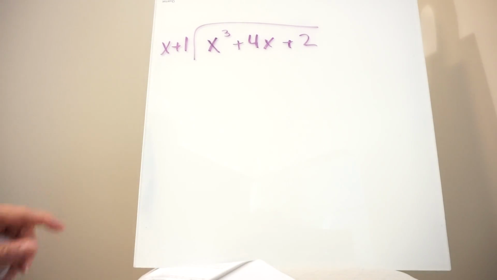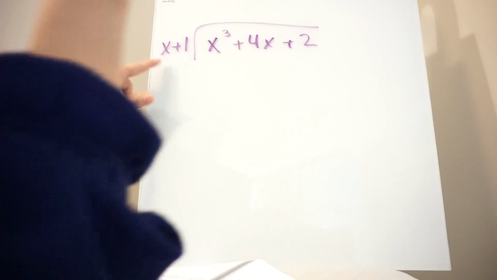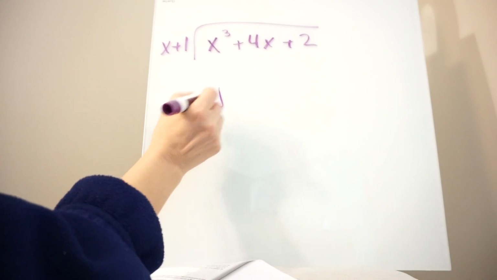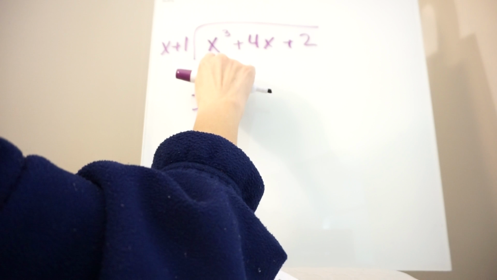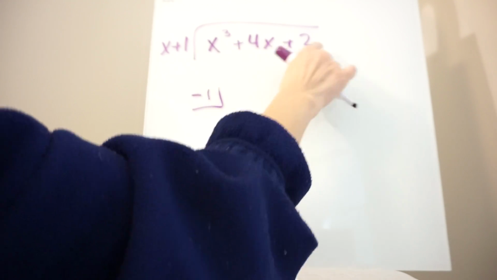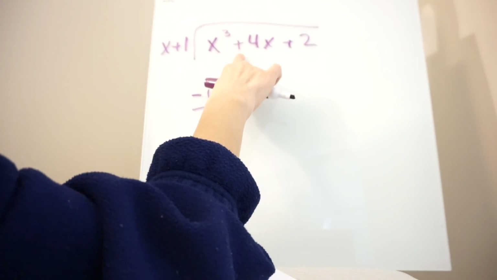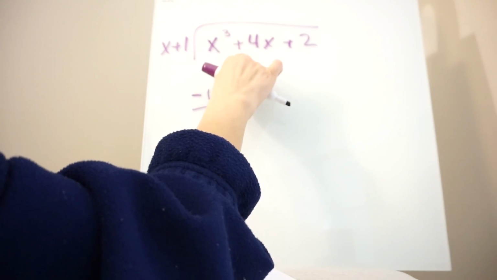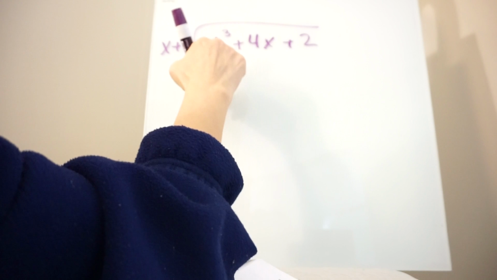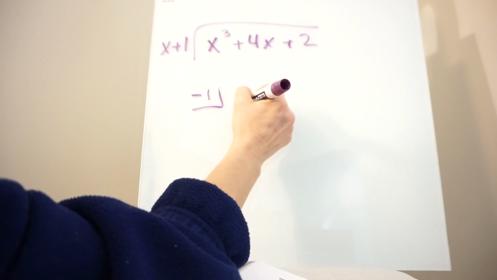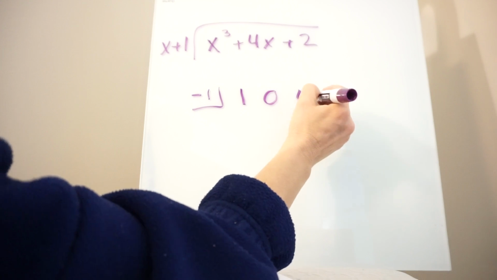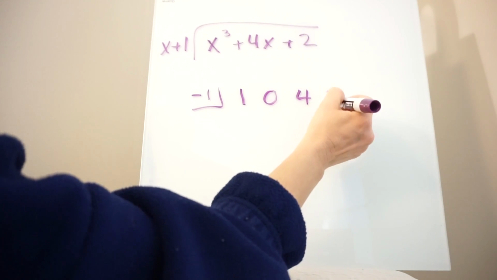So remember, with synthetic division, instead of using 1, we would use -1. And also remember, we just take the coefficients of each of the terms, but if there's a term missing, you have to put the 0 in for it. So here we're missing an x squared, so we need to put a 0 in. We start with the coefficient here, which is just 1. The coefficient for the x squared would be 0, for the x would be 4,